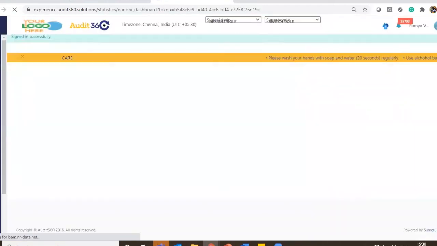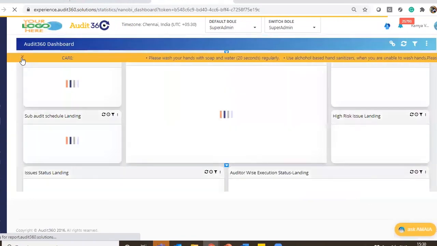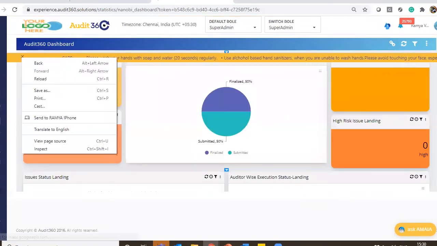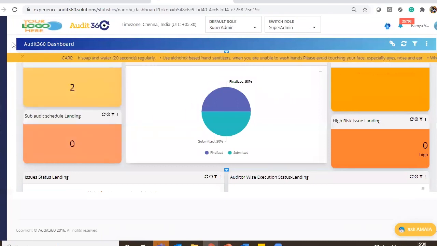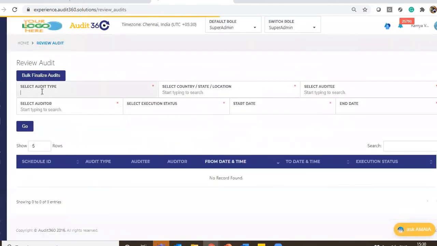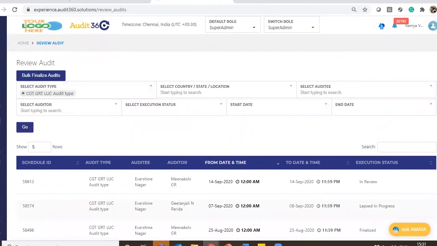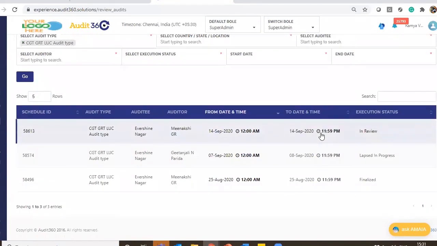So whenever we have a rejection of an issue, the person who is reviewing the audit has the final call to decide whether the issue needs to be retained or dropped. So I'll just show you how this handling of a rejected issue can be done. In the review audit module, I'm just choosing an audit where I can show you the handle reject issue. So I have one in review.